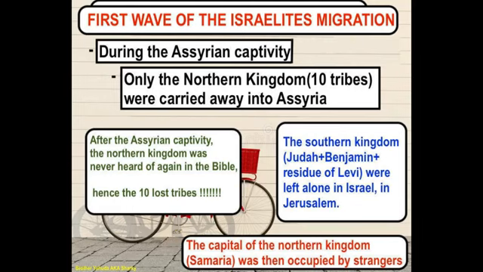When you study the Bible, the 66 books of the Bible don't tell you exactly where they went, but they never came back. You never heard about them again in the Bible once they left. And it was only the tribe of Judah that was left, the southern kingdom that was left behind, all the way up during the time of Christ. It was only the southern kingdom. The northern kingdom was not mentioned